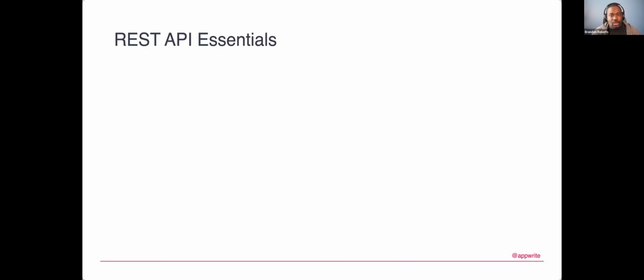So, the essentials for a REST API: of course, one thing you do need is a server to run your REST API. We talked about different platforms. You also need a language of choice to write your REST API in, whether it be Node or, like I mentioned, PHP or Python. There are also many conventions that REST APIs use, as far as action methods or HTTP verbs, and particular status codes.